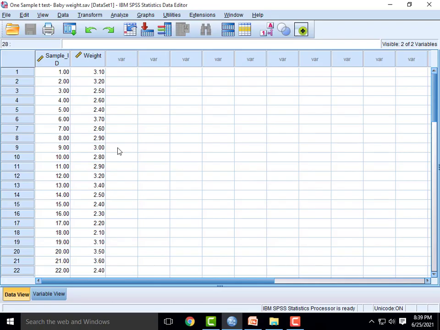First, let us check the normality of the data. Here we have 50 samples, that is baby's birth weight in a particular village.